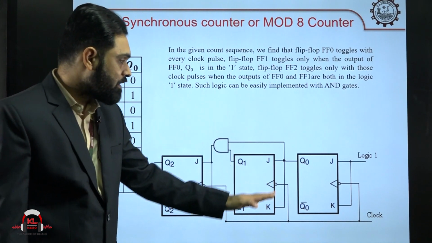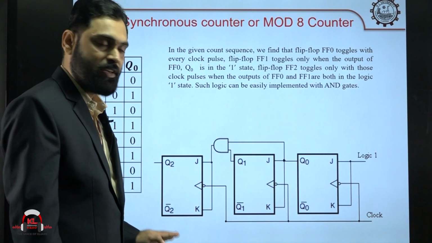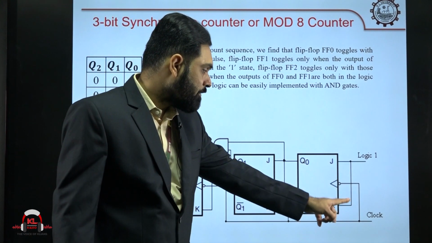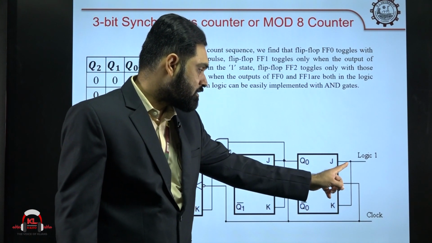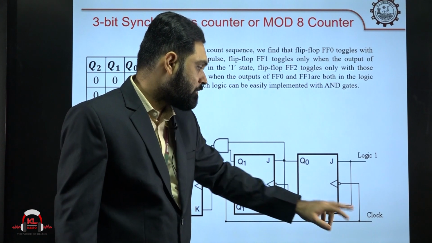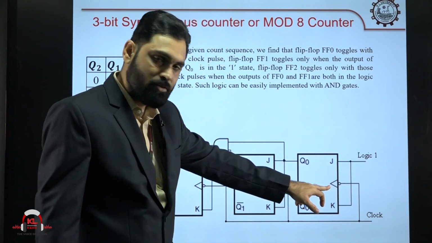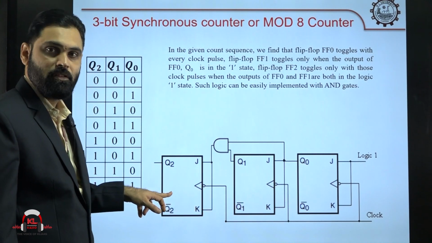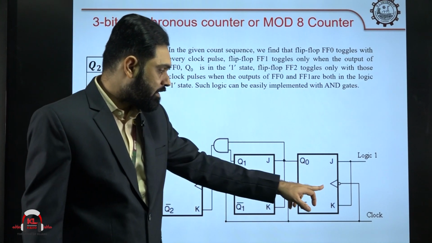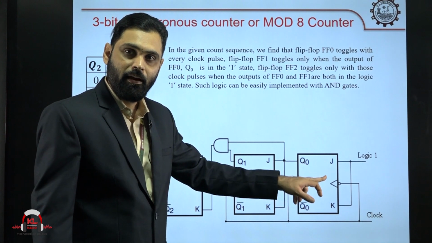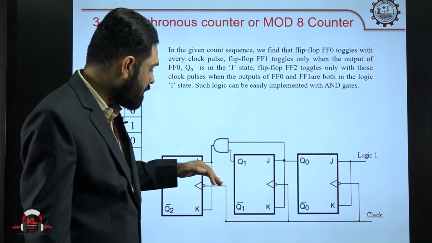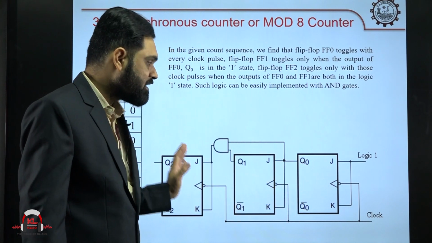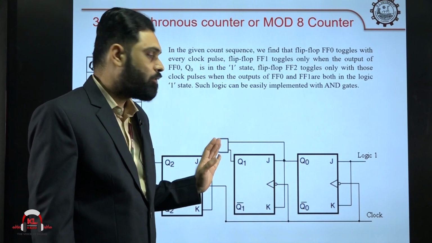So, this is the arrangement of a synchronous counter. Here also JK flip-flops are used, and the first JK flip-flop has shorted J and K terminals connected to logic 1, and the clock pulse is connected to this flip-flop, and the same clock is connected to the second, and the same clock is connected to the third. If clock pulses are connected in parallel and the clock is going to each flip-flop at the same time, then this kind of arrangement we call a synchronous counter design.